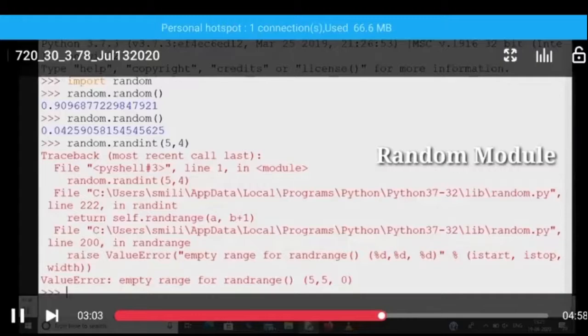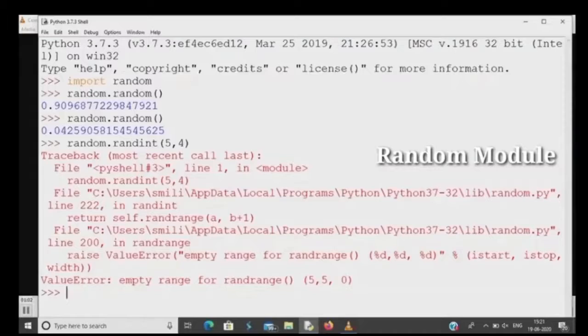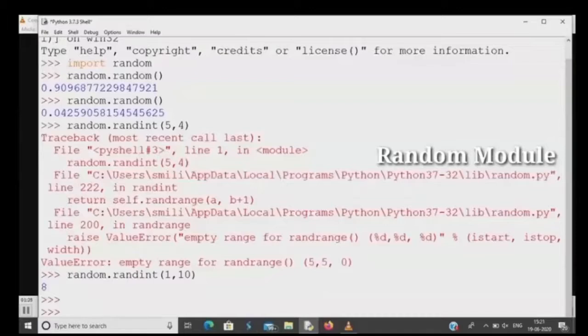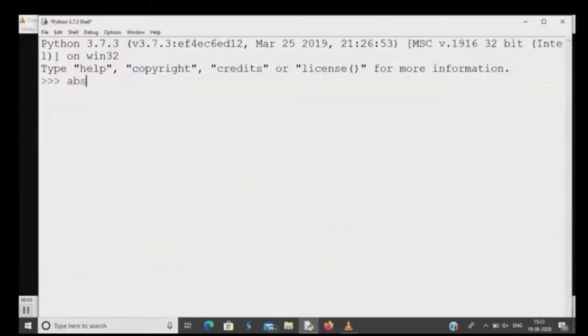So again, I am going to execute the same code random.randint with two correct values. So I need any random value in between 1 and 10. You can see the output. I am getting 8. We can't justify which value will be provided by the compiler. It is a random number. Any number can be generated. So when we need to call randint function, we have to provide two values.